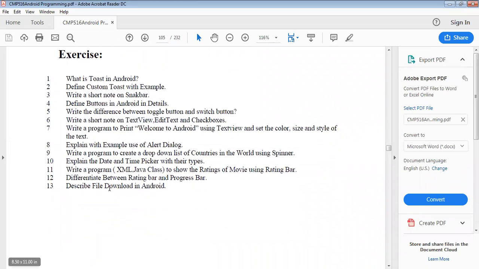Describe file download in Android, the difference between rating bar and progress bar, and date and time pickers, their different types, their different attributes, and how the attributes work.